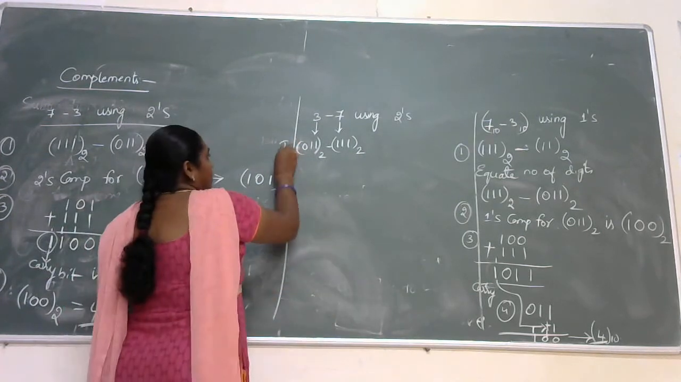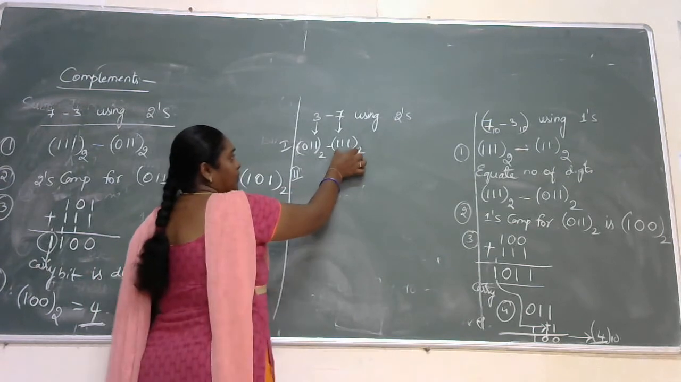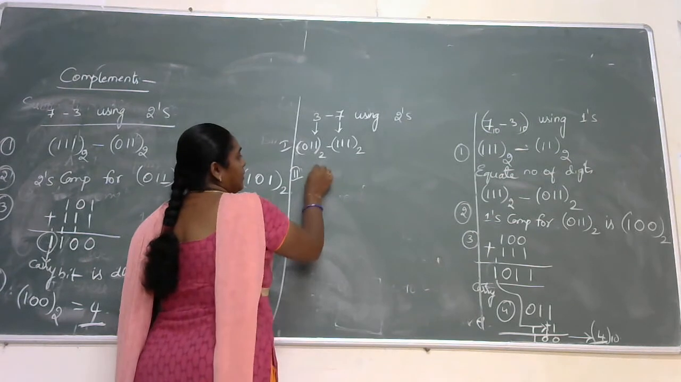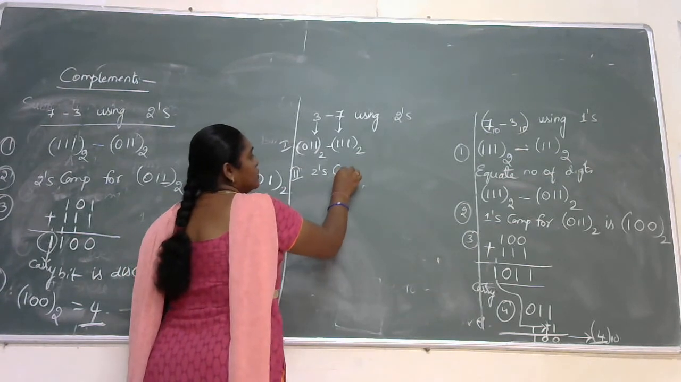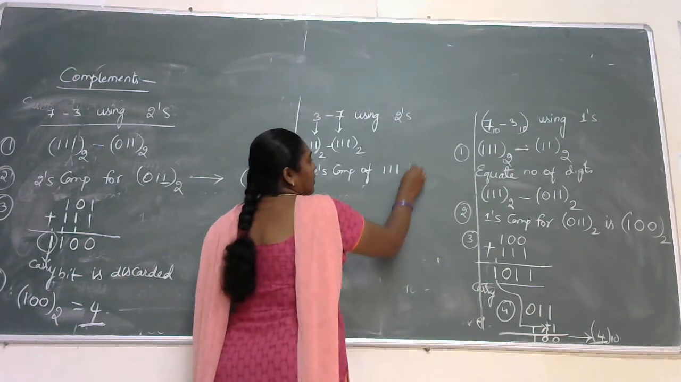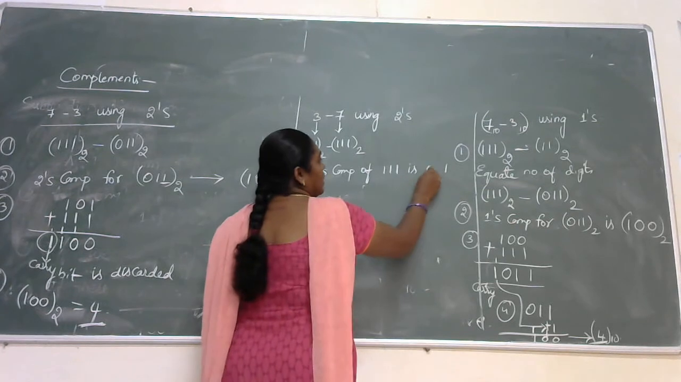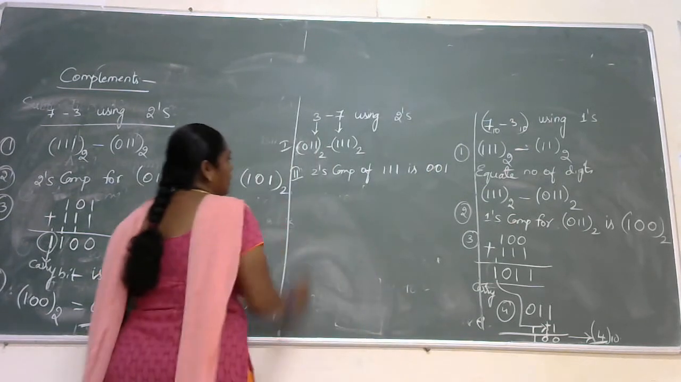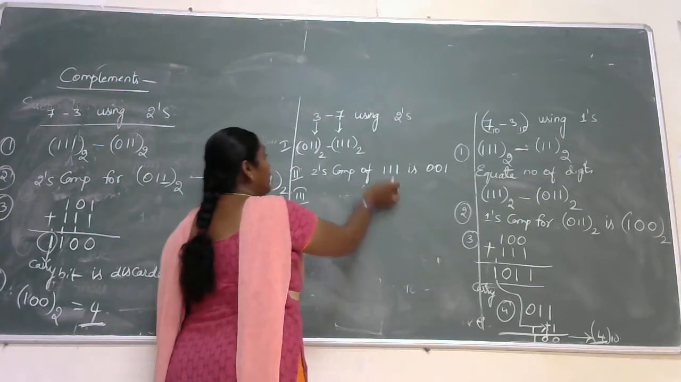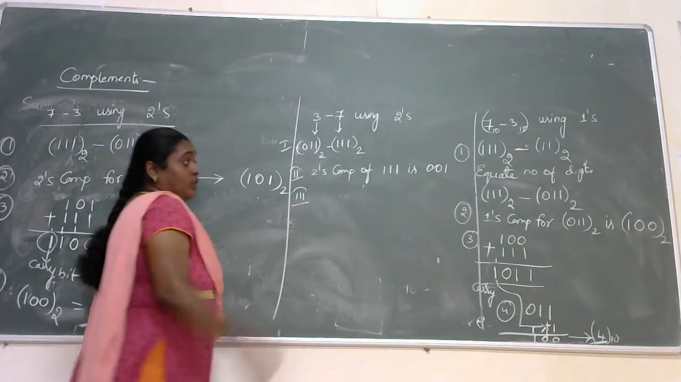This is step 1. Step 2: perform the 2's complement for the negative number. So the 2's complement of 111 is: write down the first bit as it is and the remaining as 1's complement. Step 3: add the 2's complement of the negative number to the positive number. So the 2's complement of a negative number is